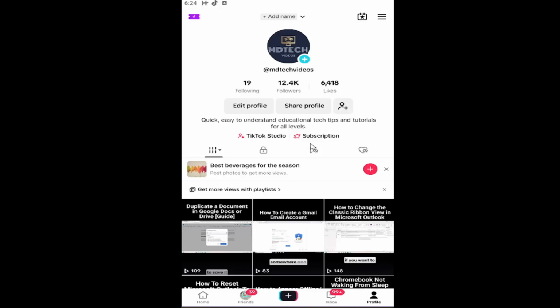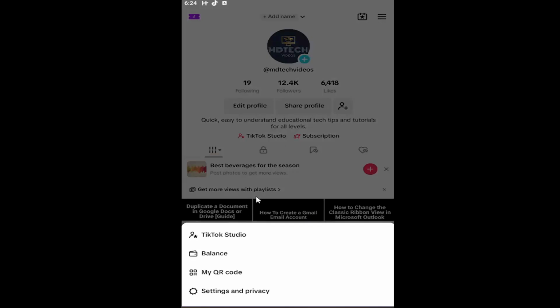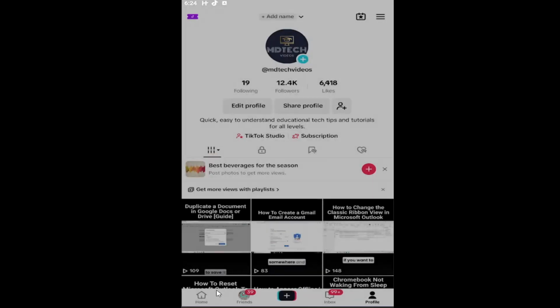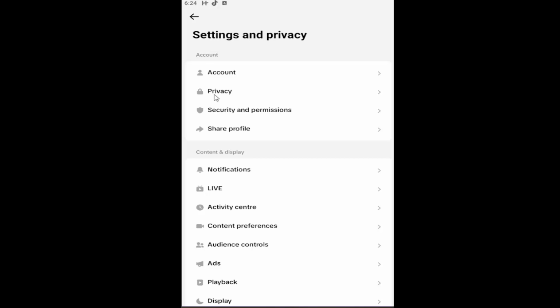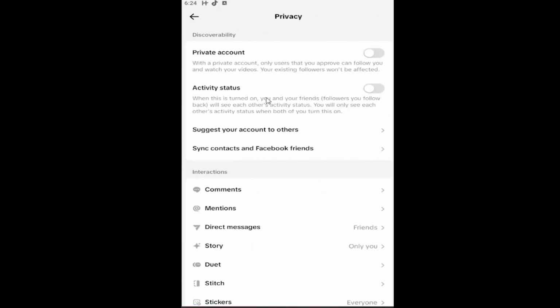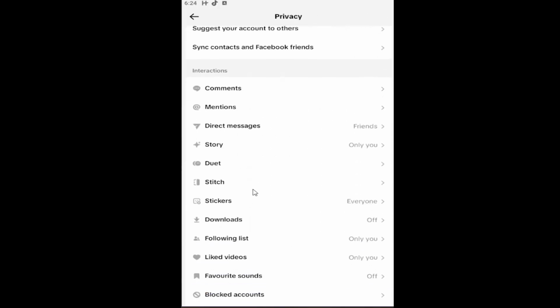So first thing you want to do is navigate over directly to your TikTok profile page. If you're unsure of how to get to this page, just select the profile button at the bottom right, and then proceed to select the hamburger icon at the top right, left click on it, and then select Settings and Privacy. Underneath Account, you want to select the Privacy button, and now scroll down underneath Liked Videos, left click on